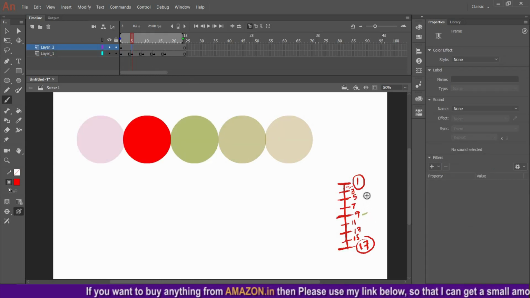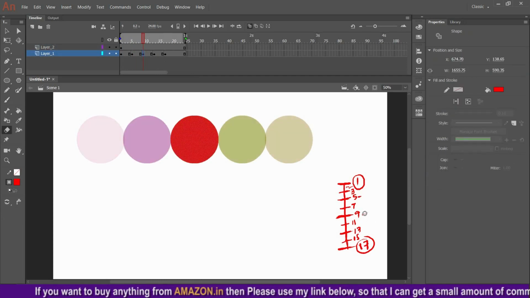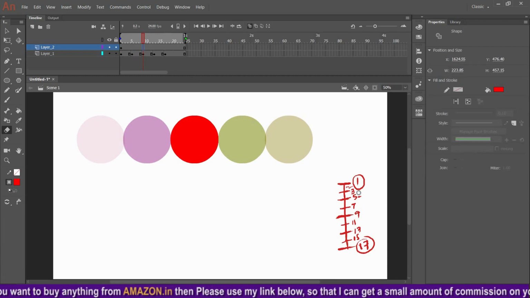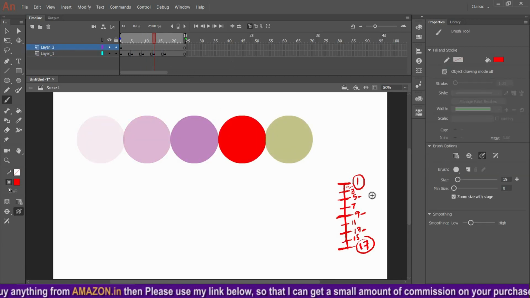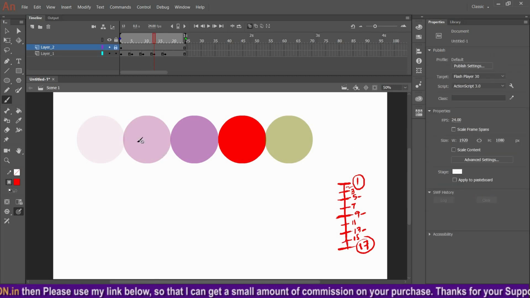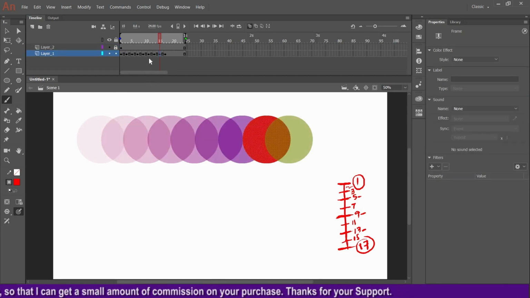This one is number 5, then this one number 9, 13, then 17. Okay, so these are the keyframes we have done till now, and the rest I'll do and show you after completing all the drawings. Okay, so as you can see, I have completed the drawings.